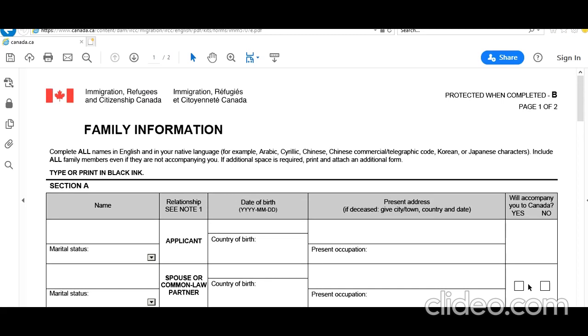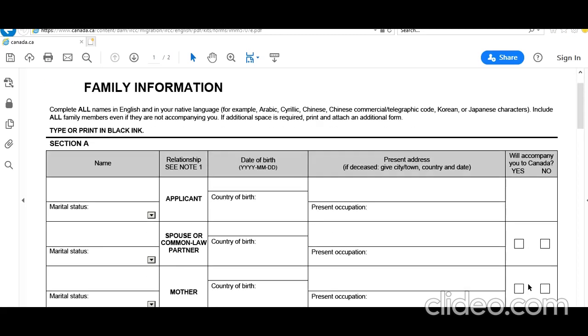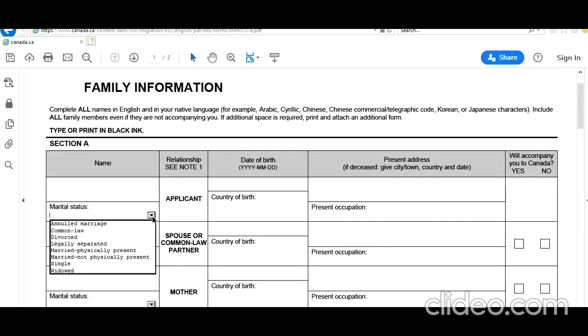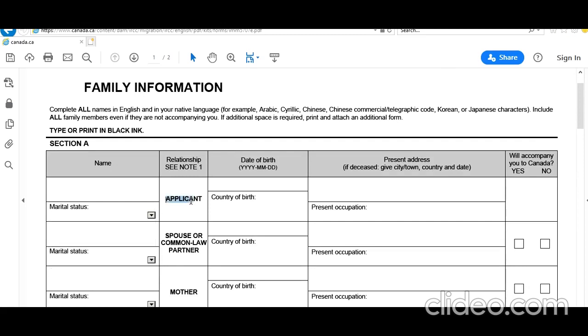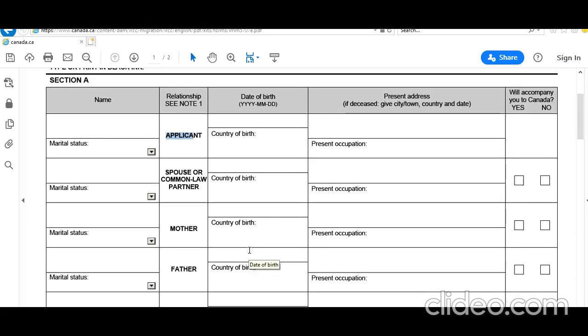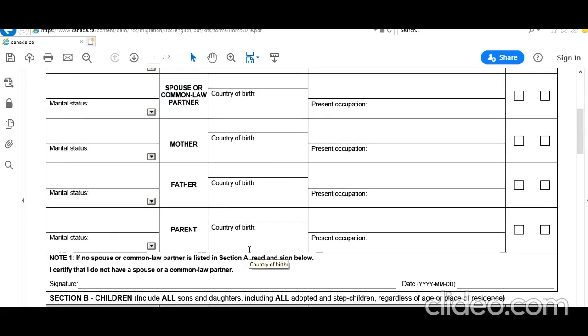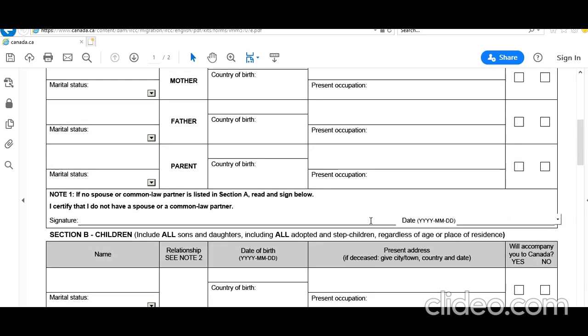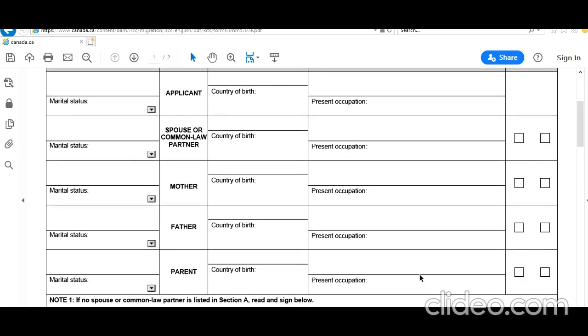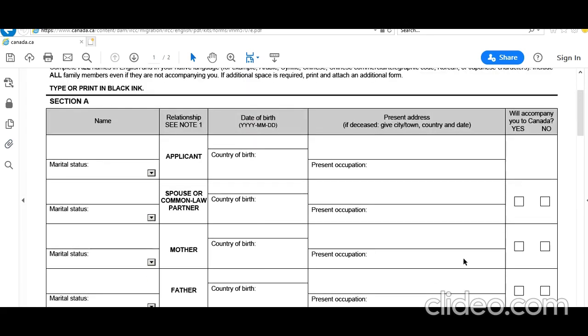Alright, so now we are going to fill this 5707E, where you are going to put the information. It says write all names in English and your native language. So how I would suggest this needs to be done, based on my experience, is how I did it. First I filled everything in English. Then I printed and signed. You can pick dates also. Then I just removed the names, other things I left, and I again printed. This time after printing I wrote the names in my native language Hindi, and then I scanned it. I combined both the files together and uploaded as one, and it was successful.